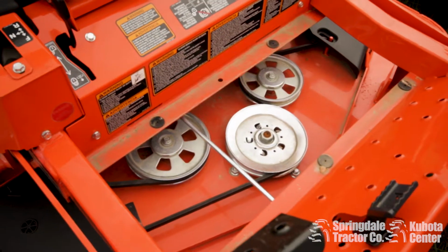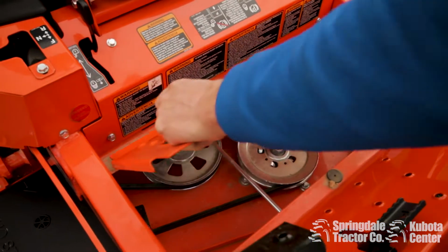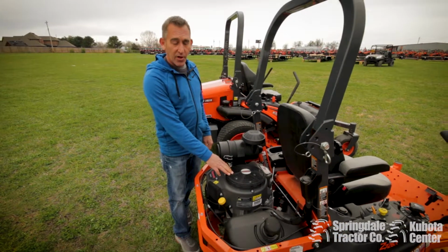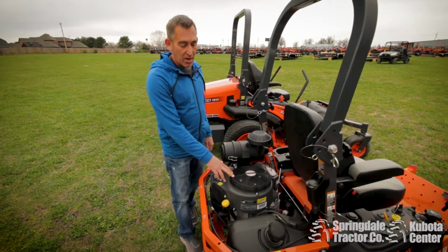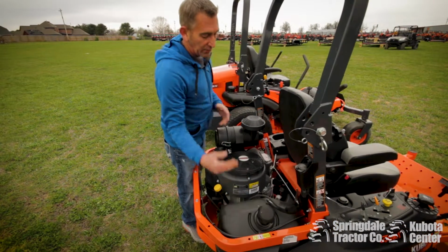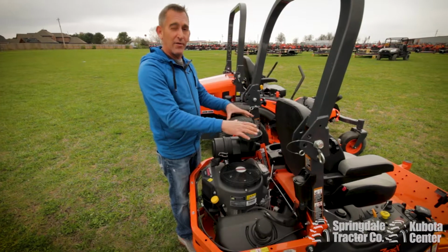It is a 7-gauge mower deck built by Kubota in Georgia. This machine is powered by a Kawasaki engine. It's 25.5 horsepower. Everything is very easy to get to. Your fuel tank is here. Your fuel fill runs underneath the seat, so your center of gravity is a lot better if you're on